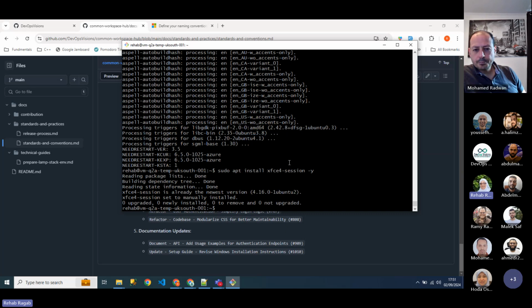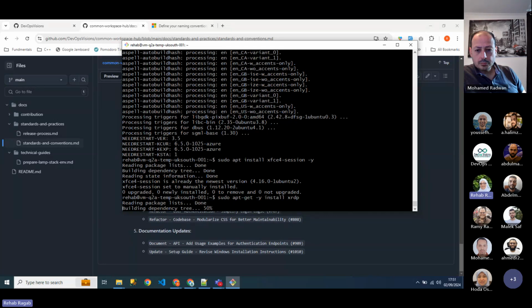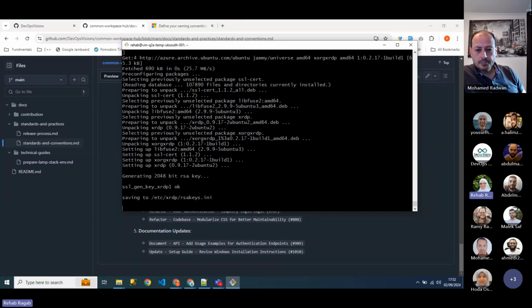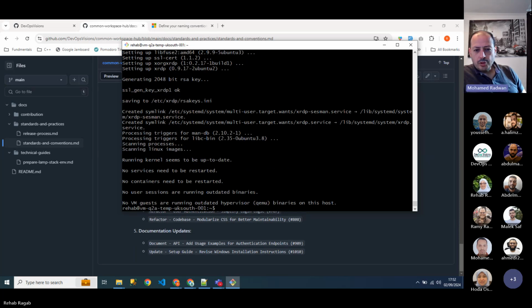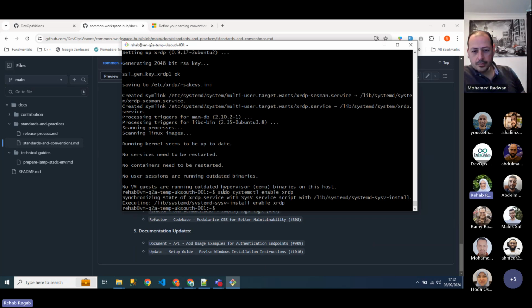Now I'm installing XRDP and configuring XRDP for the remote desktop server. During the installation, if anyone has any question, please don't hesitate to ask. And this command enables the XRDP service. And also this command adds the XRDP user to the SSL certificate group,